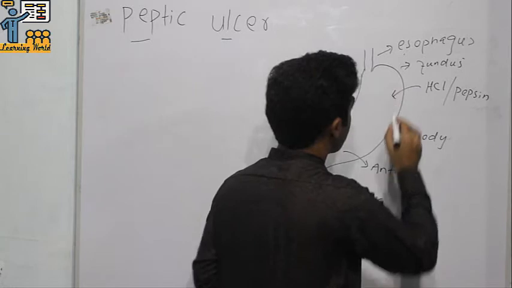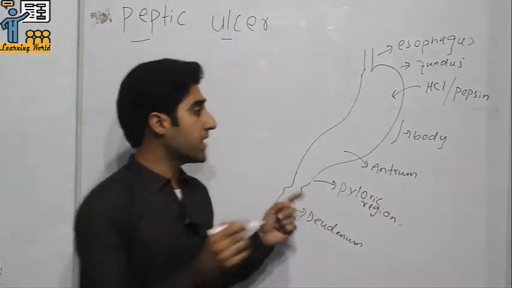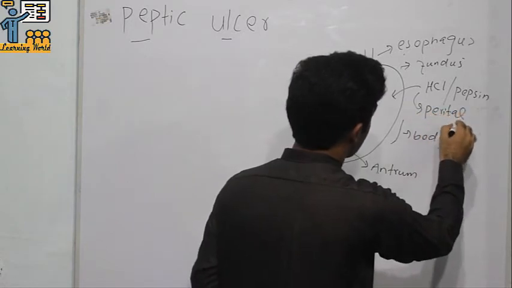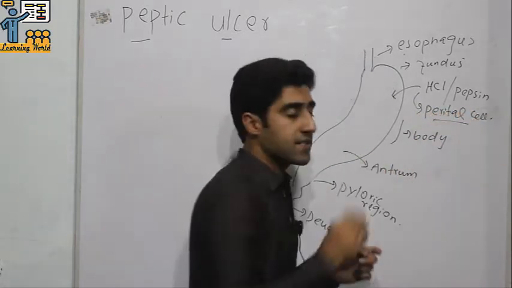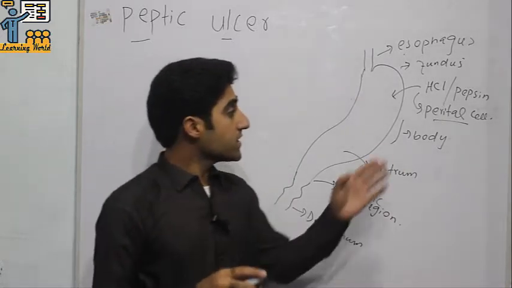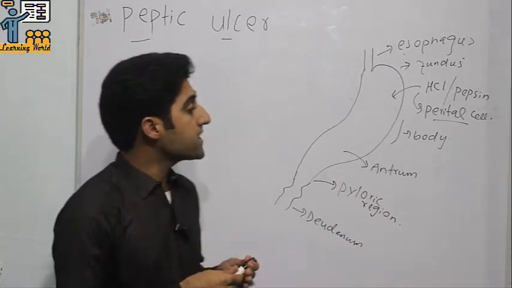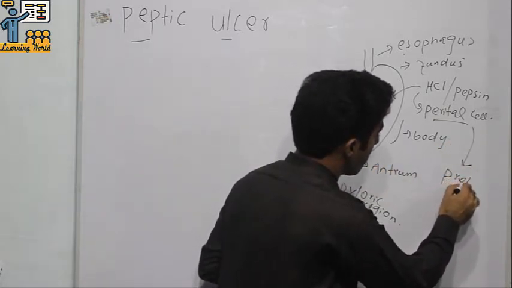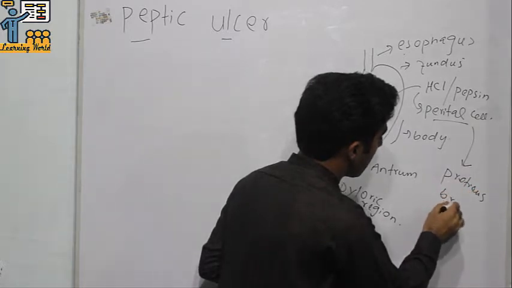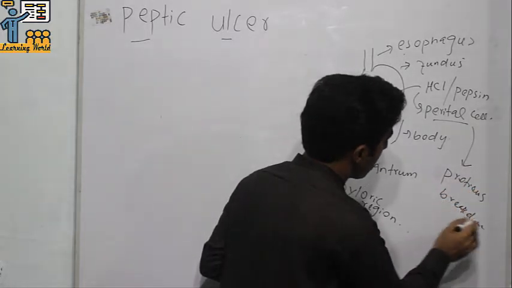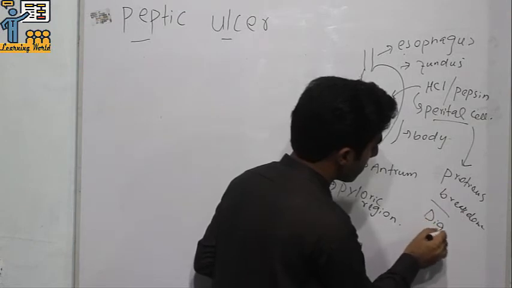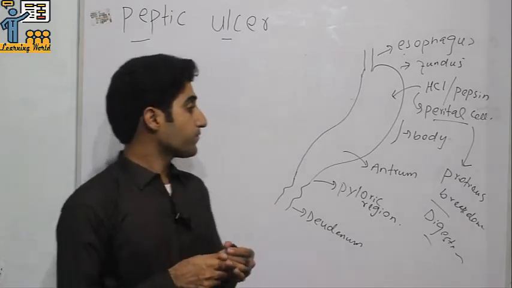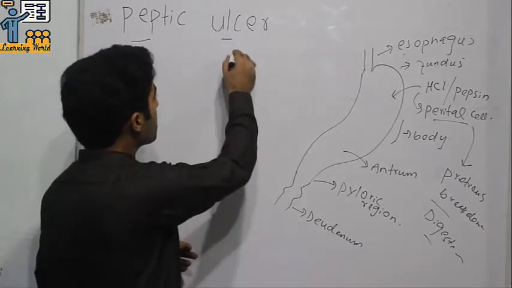These are secreted by the parietal cells, which are present in the different layers of the stomach. They are responsible for protein breakdown, and they also help in digestion. Now, the defensive factors present in the stomach are mucous membrane